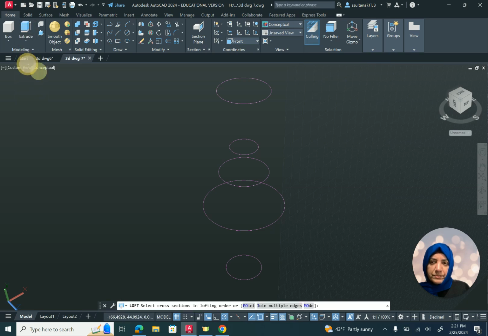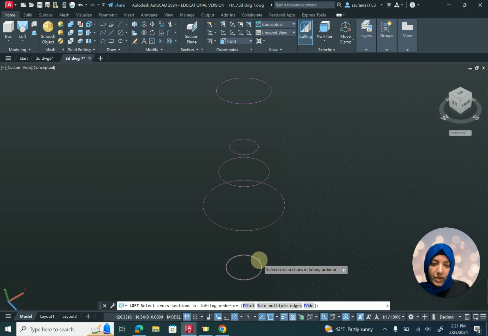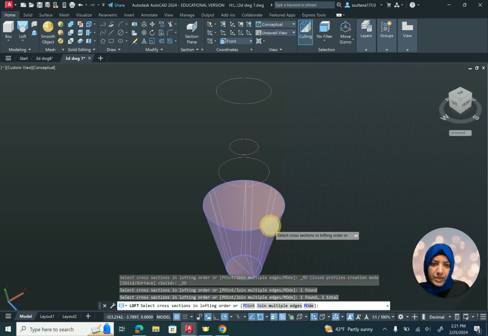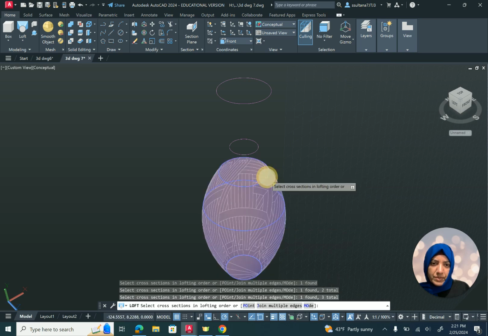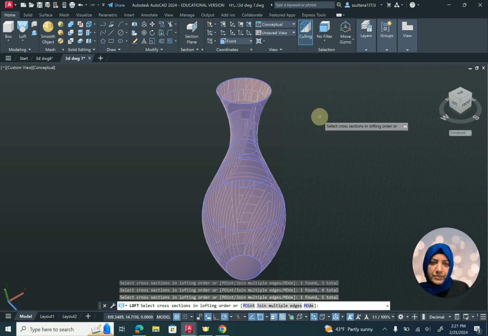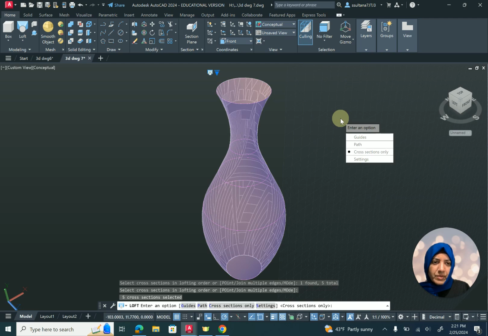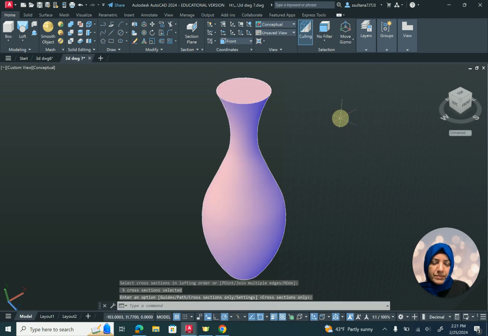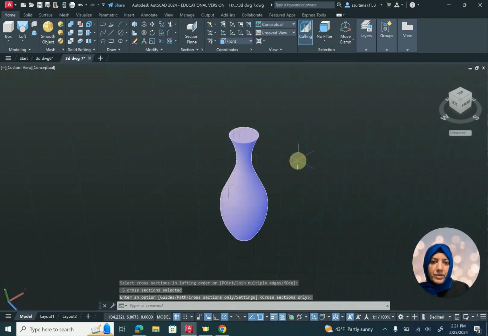loft command. Order matters in this case, so you're going to click in the same order as you do. So the base first, second, third, fourth, and fifth, and then enter. Cross section only, enter again. Now you have created a solid,